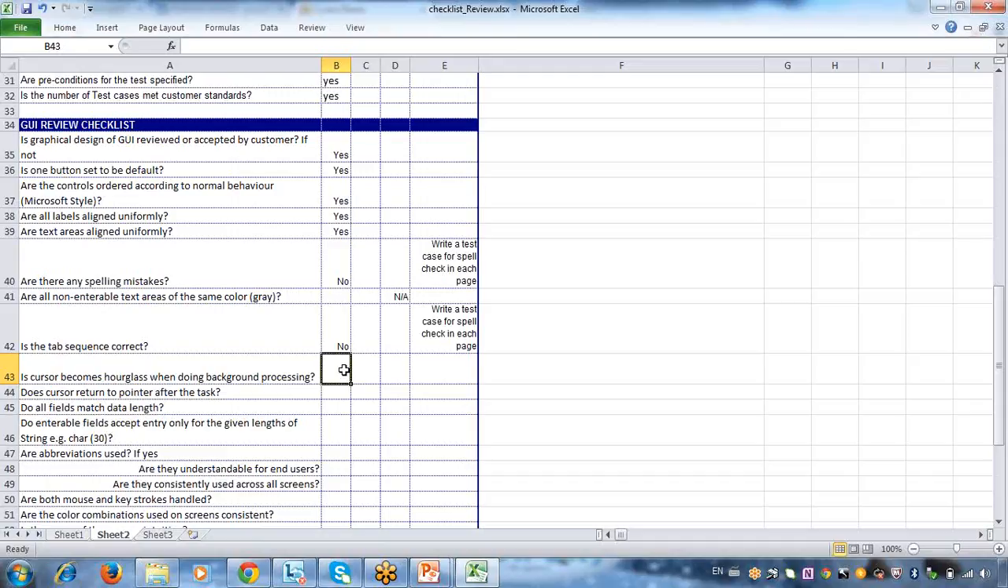Now, does the cursor become an hourglass when doing your background processing? That means when you click on submit and your order is being created, during that time you should get an hourglass. Hourglass is nothing but a loading icon. You will be getting some loading icon. See whether you are getting that loading icon whenever there is a